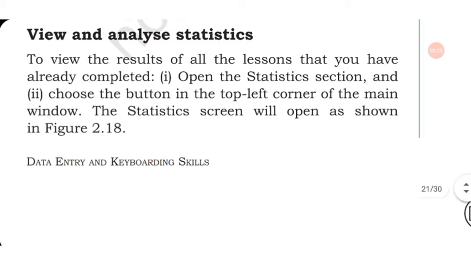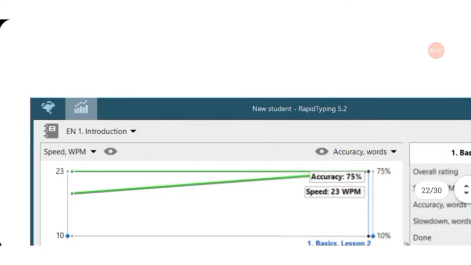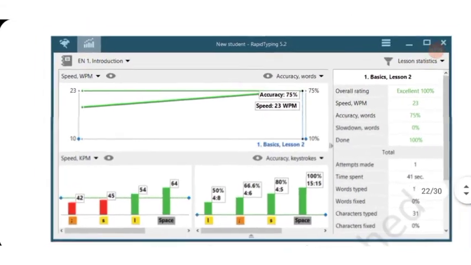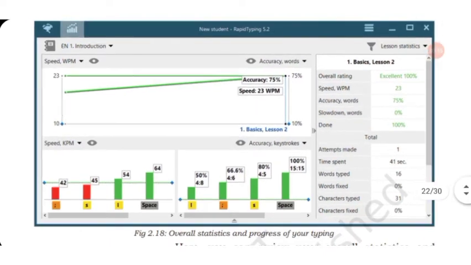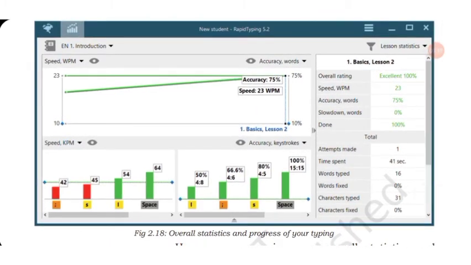So then the statistics screen will be shown, which is like this. In that there are two parts. One part is represented by graphs and another part is represented by table.